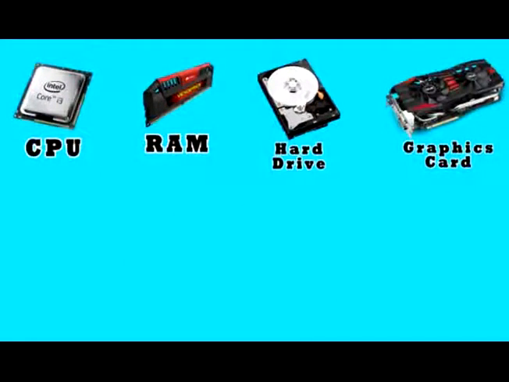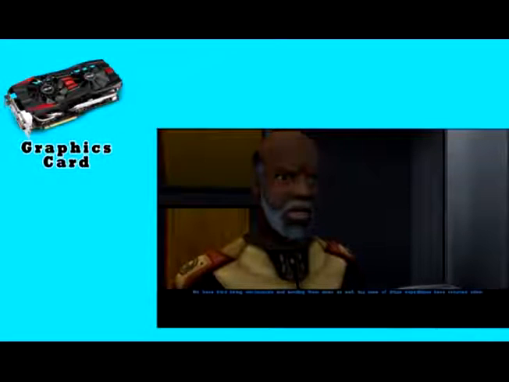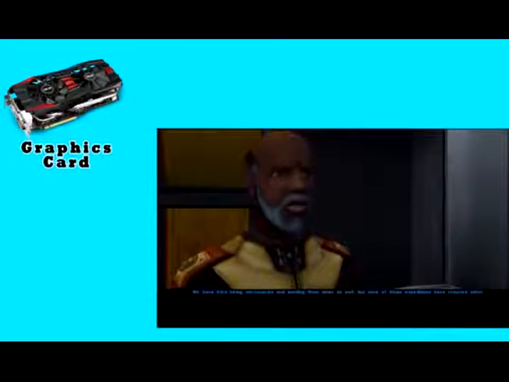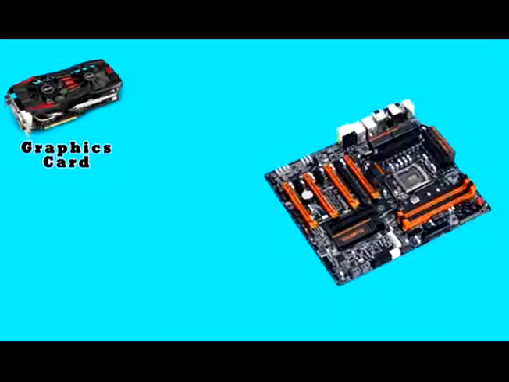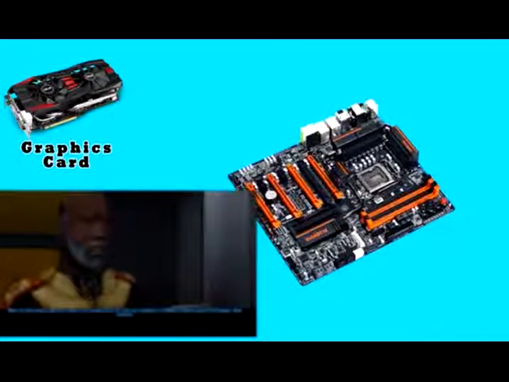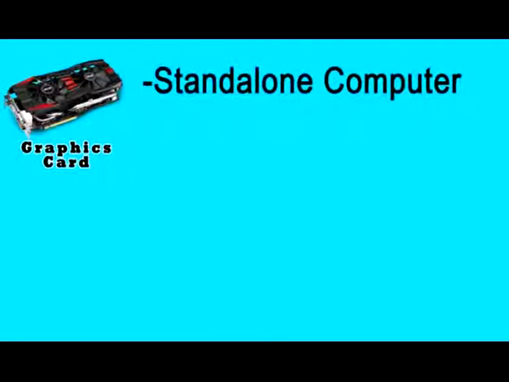And finally we'll get to the graphics card. All the calculation going on in your computer is operated with the help of the graphics card. The final and most important complex part in the system is the graphics card. It is possible to operate it from the motherboard also. Your graphics card is also called a stand-alone computer.